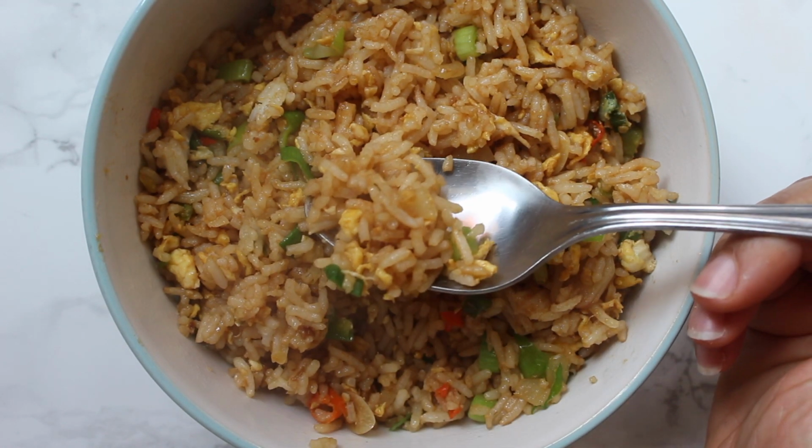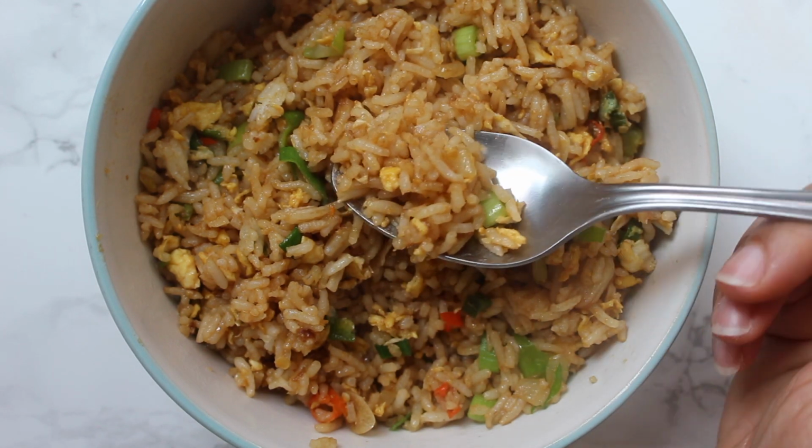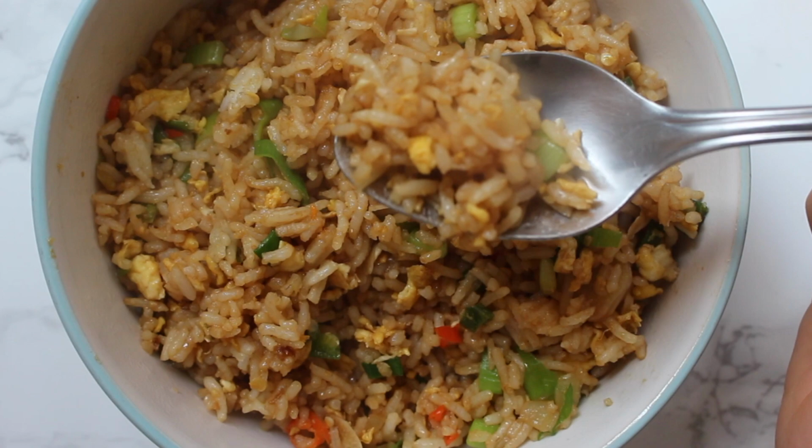Transform your leftover rice into this quick, aromatic, and flavorful egg fried rice. Stay tuned to discover the key ingredients and simple steps to help you rustle up an amazing meal in a